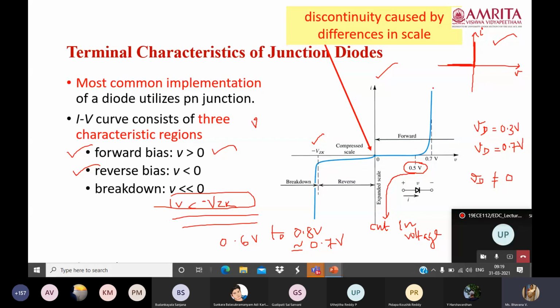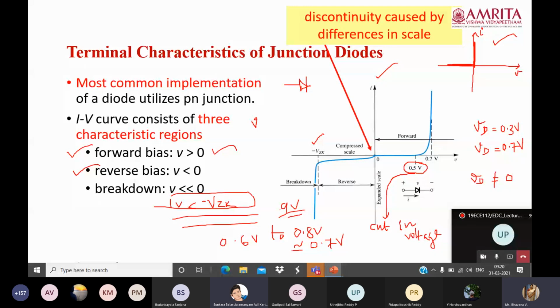Only the current increases. You will be doing the same experiment in the lab. You can stop taking readings whenever you get a constant voltage, and you have to make sure this voltage does not exceed 1 volt, because the drop for a fully conducting diode normally lies in the range 0.6 volt to 0.9 volt. Maximum maybe up to 0.9 volt, but it should not cross 1 volt. Ideally, it is 0.7 volt. Is it clear for you? Yes or no?